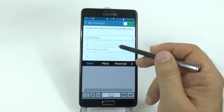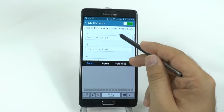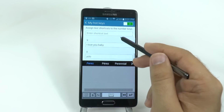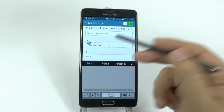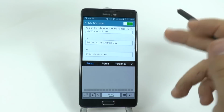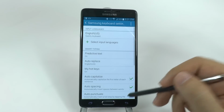My hotkeys allow you to type with just one holding of a word to get something you really might want to say quickly. So, for instance, you can program something to say, I love you, baby, or YOLO, or Ricky, the Android guy. So, when and how do we do this? Well,